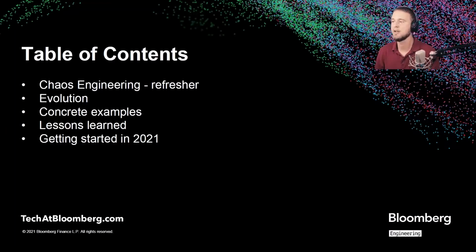I'm gonna start by very briefly redefining chaos engineering to say what I actually mean when I say that, so that we're all on the same page, and then talk a little bit about the evolution, where it started, what it's like, and where it's hopefully going. Sachin is going to cover some concrete examples, things that we actually found that would have been disastrous if we didn't, thanks to chaos engineering, some more lessons learned, and then spoiler alert, it's never been a better time to get started with chaos engineering than now, 2021. So we'll give you some of the things that you're going to need to get started, some tools and pointers to materials. So if that sounds like a plan to you, then let's get started.